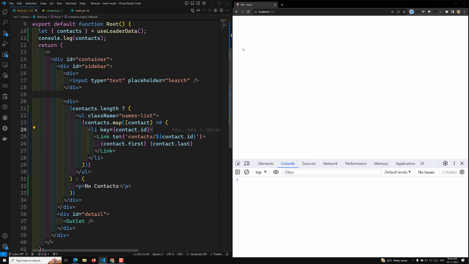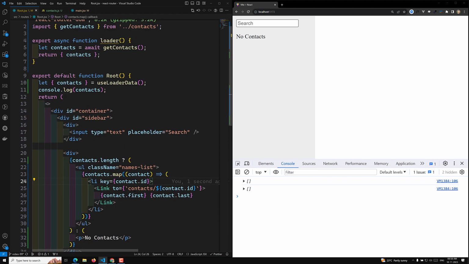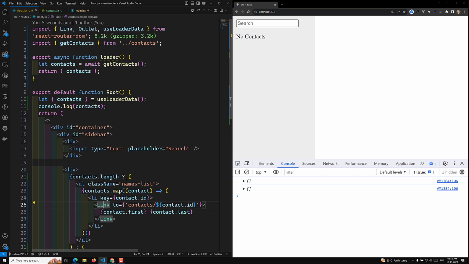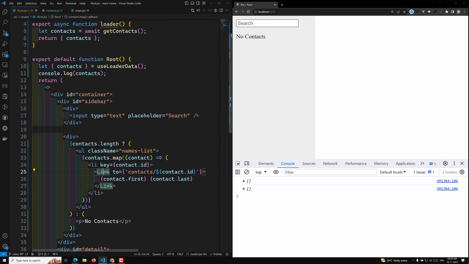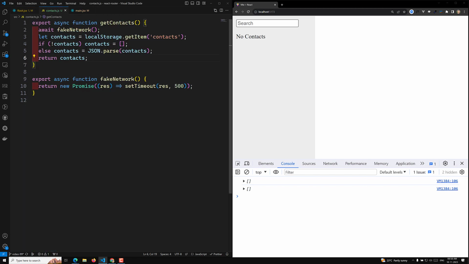So that's it, guys. Now we are able to see no contacts. If contacts come, we will be looping over them one by one. So now what we have learned in this one is the Link component, which we can use in order not to refresh the whole document. And also we have created our fake network which provides the contact details, and we are trying to use the loader,